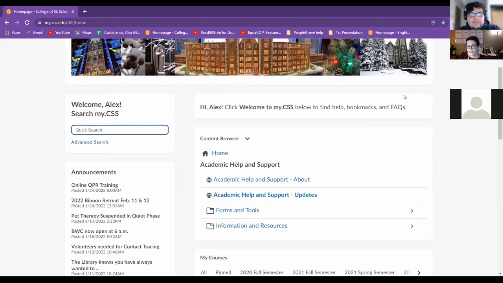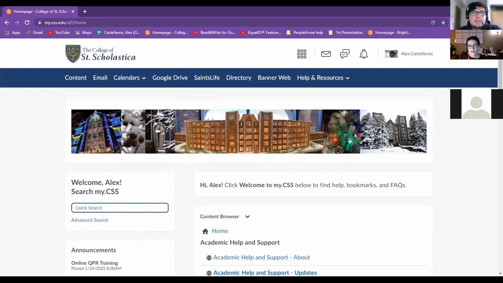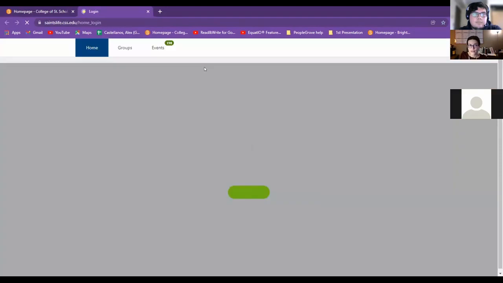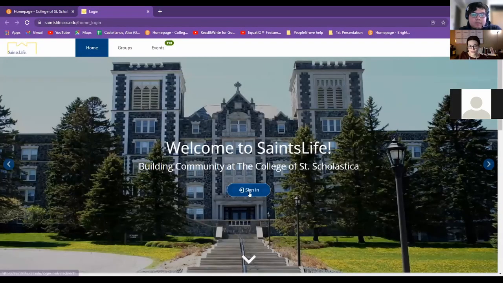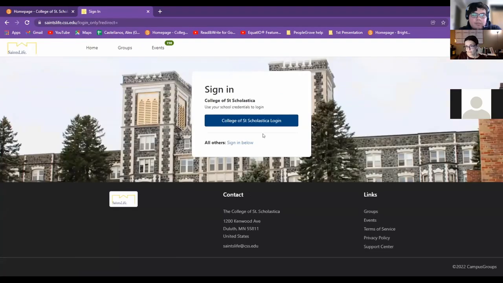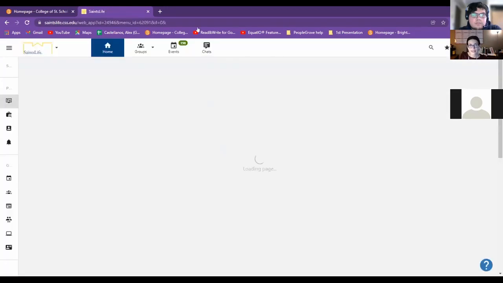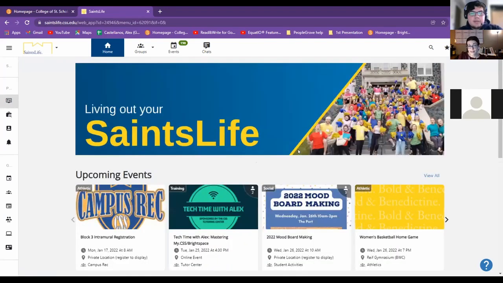Greta, are there any other areas that are super important? If you scroll to the top, Saints Life is where you find out about events happening on campus. So there's a quick login to that area, which I think is really important, so you can see what's going on, whether there are any trainings I can go to, or what's happening on campus this weekend. This is our portal and tool for that,